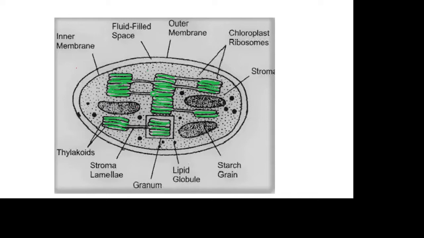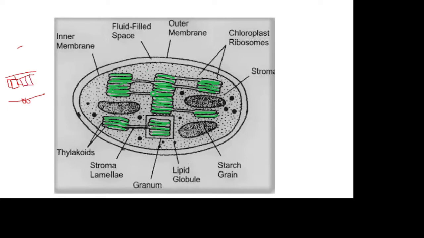So we'll try to learn the exact structure of the chloroplast, though we have earlier discussed it in the earlier chapter. Still, we'll take just a view of the chloroplast. Especially in the leaves, if the transverse section of a leaf is taken, we'll find the mesophyll cells, the upper epidermis, and the lower epidermis, which has stomata. Just below the upper epidermal cell, there is a line of mesophyll cells.